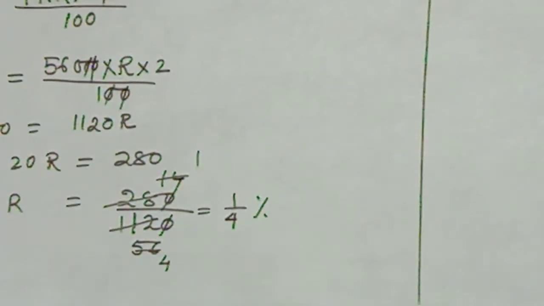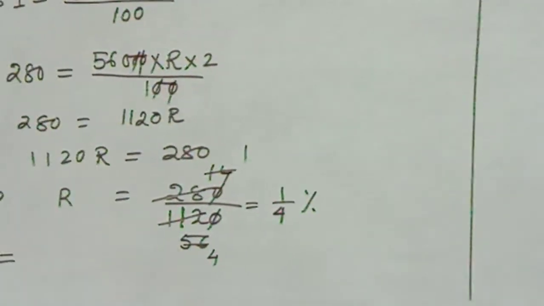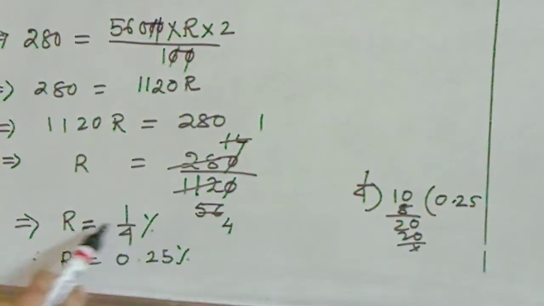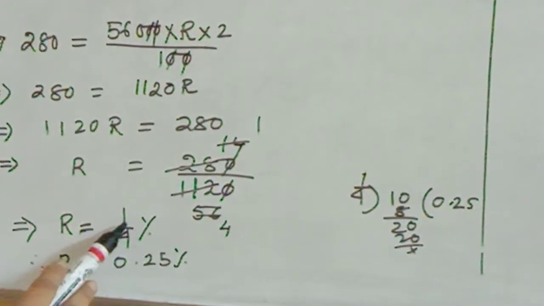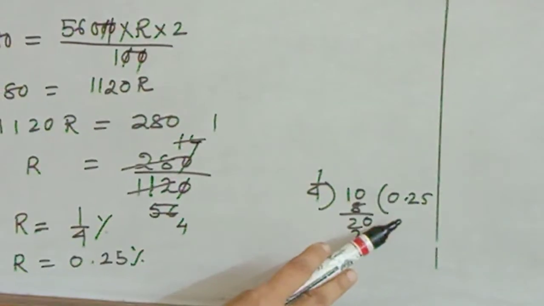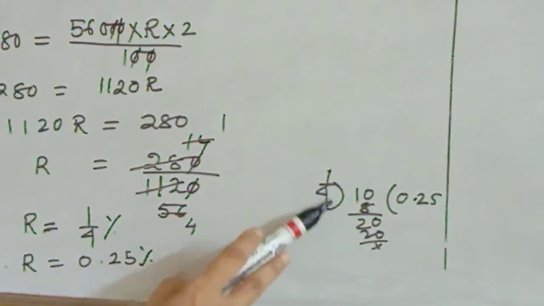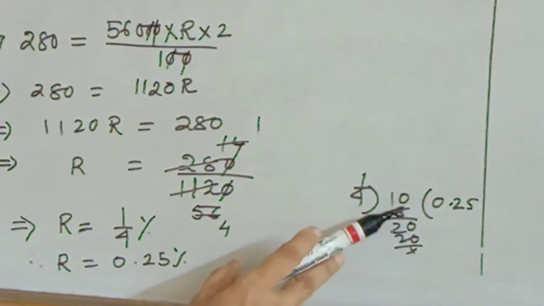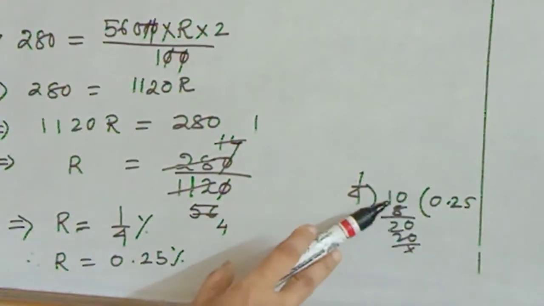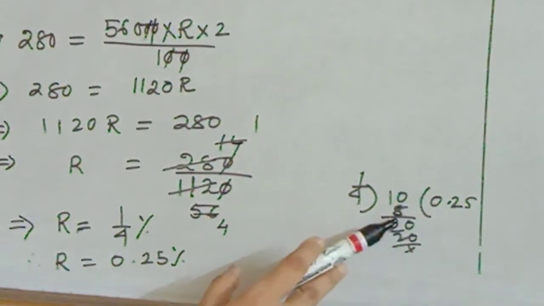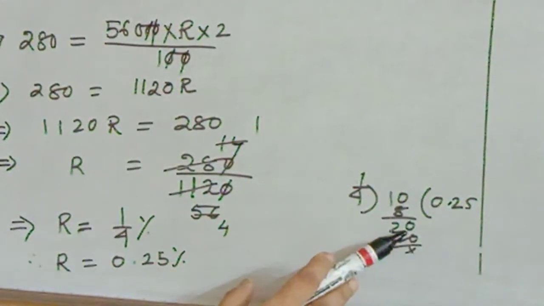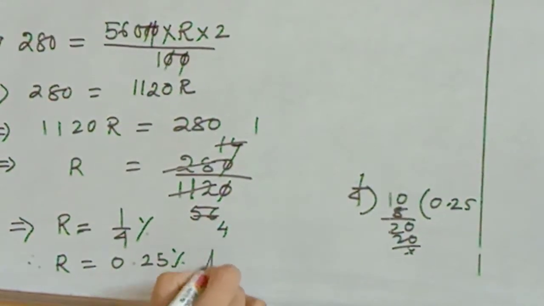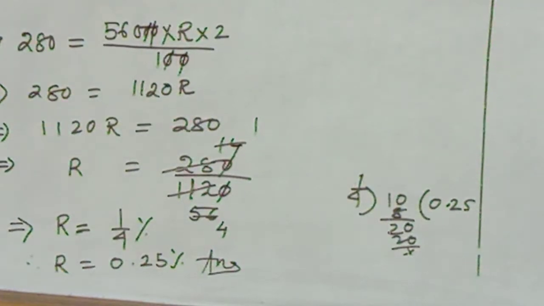1/4%, or you can write it in this way also. Now, rate percent is 1/4. You can write 1/4% also, or you can write 1/4 in decimal form. To express it, you can divide it, 0 point. By giving a point, you can take 10. 4 twos are 8. Subtract it, and for the next place another 0. 5 fours are 20. So 0.25% also is the rate you have to find out.